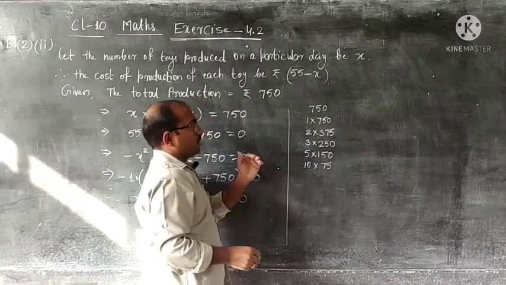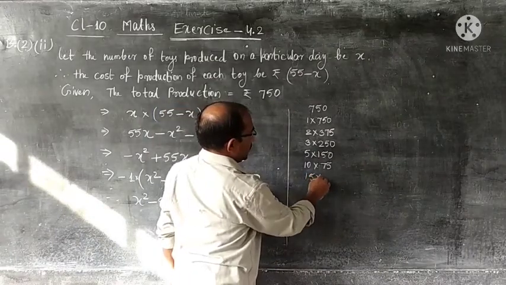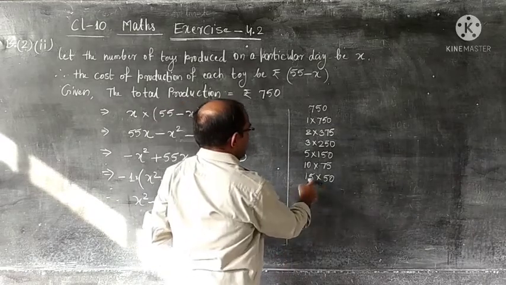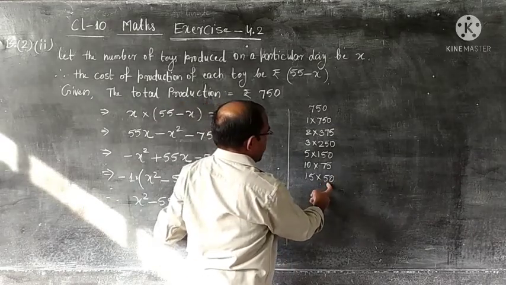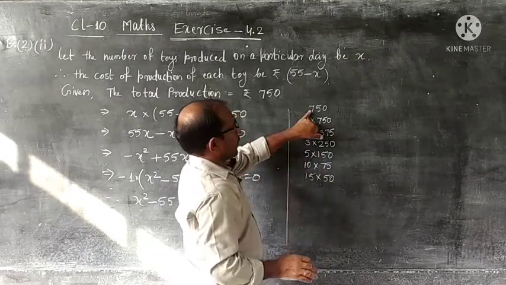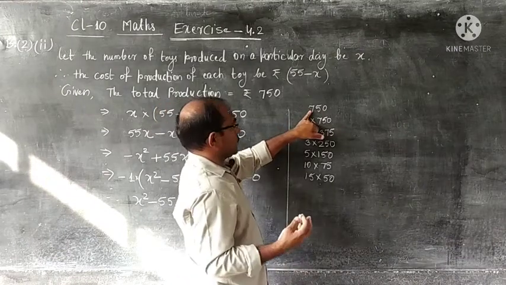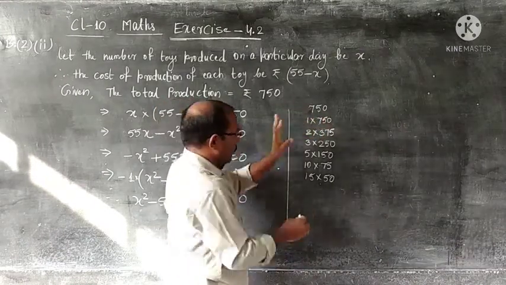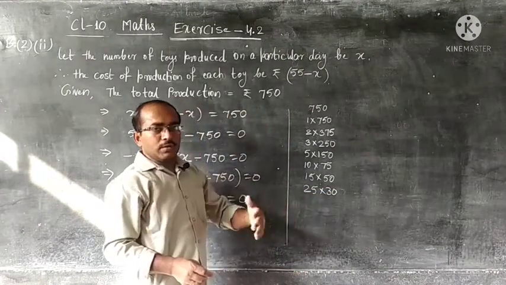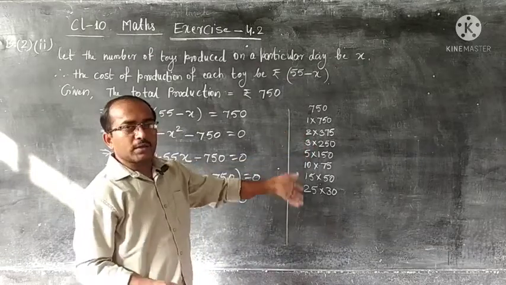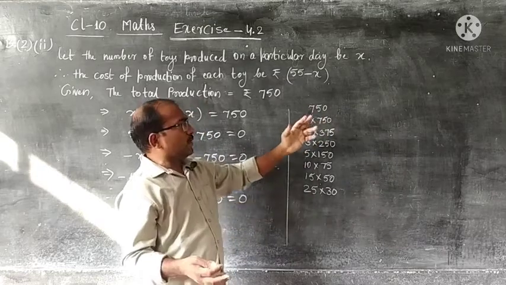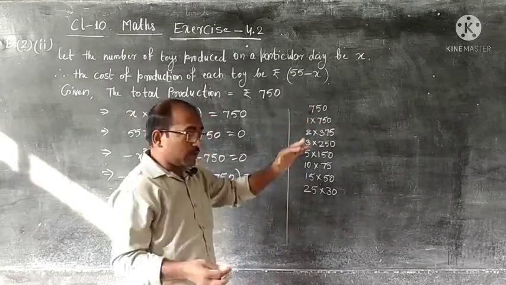11, 12, 13, 14 no, 15 will be possible again. Remember the middle term also. 15 into 50. 16, 17, 18 no, 19, 20 not possible. 21, 22, 23 no, 25 again it will be. 25 into 30. If we just go on checking, we will know by which number it is going to divide. Those are the factors. 26 not possible. 27 also cannot divide, 28, 29 no, 30 will be.